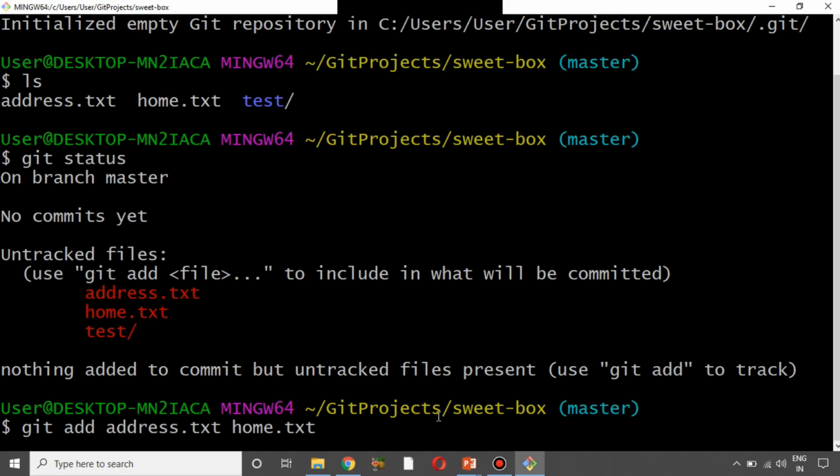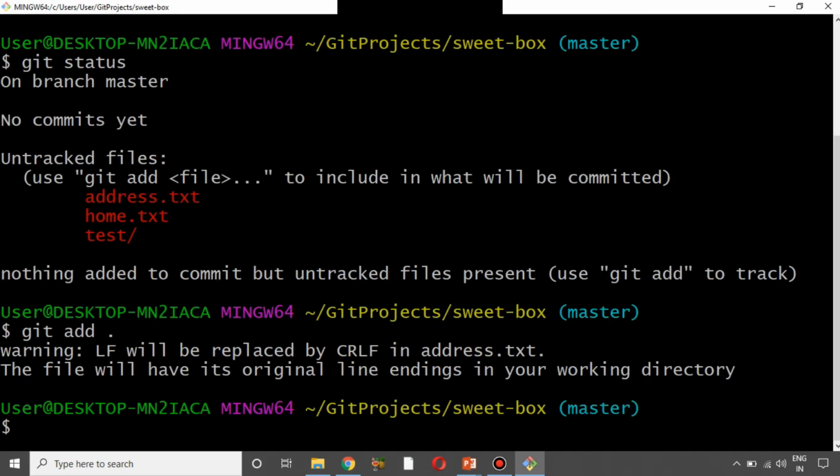But this is going to take some time, right? Instead, if you ever want to add all the files and folders which are untracked, you just need to say git add followed by dot. The dot adds all the files and folders which are untracked, recursively. So I'm going to hit enter now. Now what happened if I say git status?